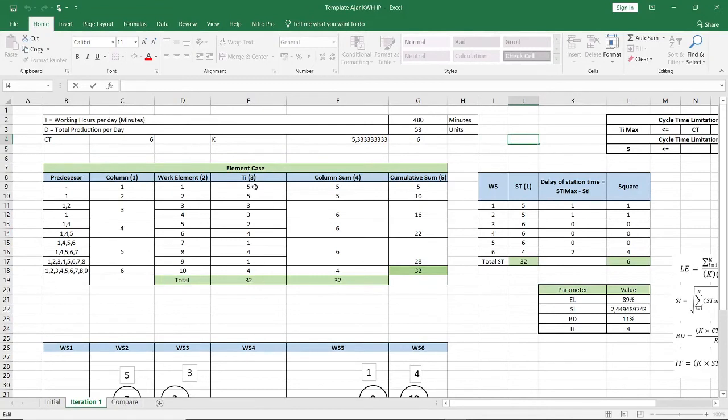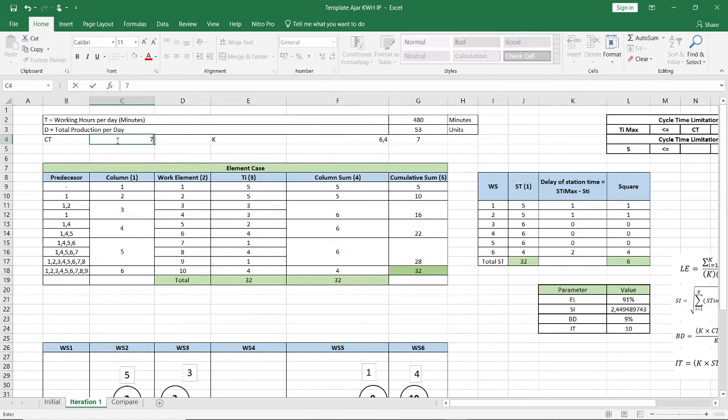And now I will tell you what happens if the cycle time changes from the initial before. In the initial it is 5 minutes, and now we are going to use 6 minutes, so the class or the total of the workstations should change like here. If I change it to 5 minutes, it will be 7 workstations.